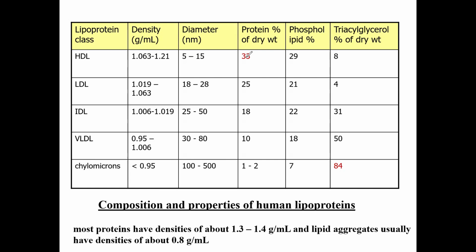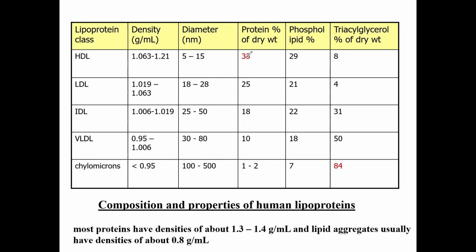So actually, we can be asked to classify or arrange these lipoproteins according to their protein percentage of dry weight. And you should know that HDL has the highest percentage of protein in it, and chylomicrons have the least protein. In terms of phospholipids, HDL also has the highest percentage of phospholipid, and then the chylomicrons have the lowest